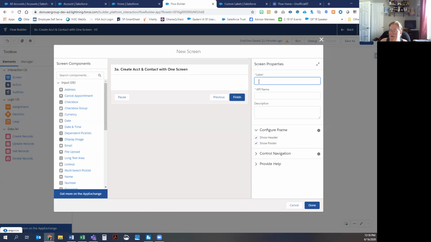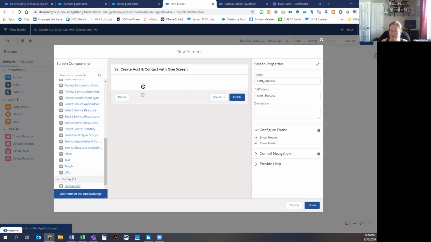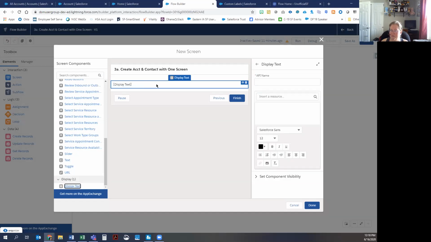Okay, so I need to actually label the screen, so SCRN for screen. And so then I'm going to put a display text on it, which is down here at the bottom. And we're going to have a little bit of fun with this. So now what I actually want to do is put some fun stuff in here. I like fun things. So we are going to go and create